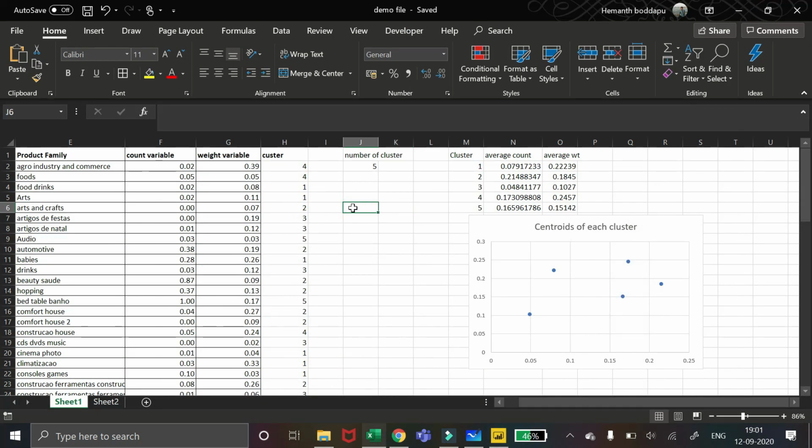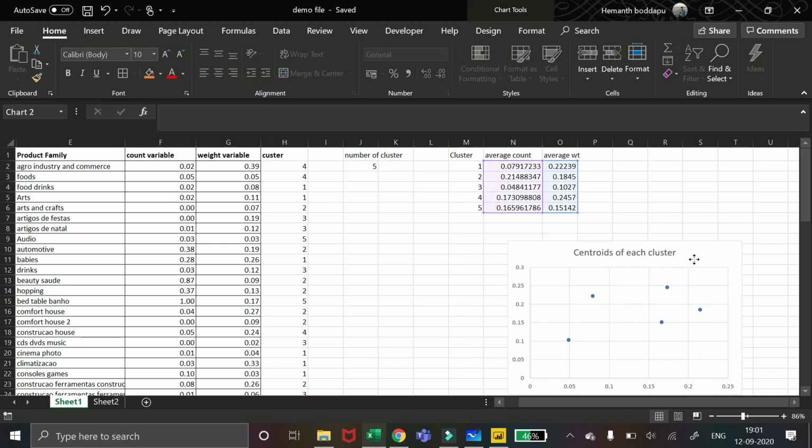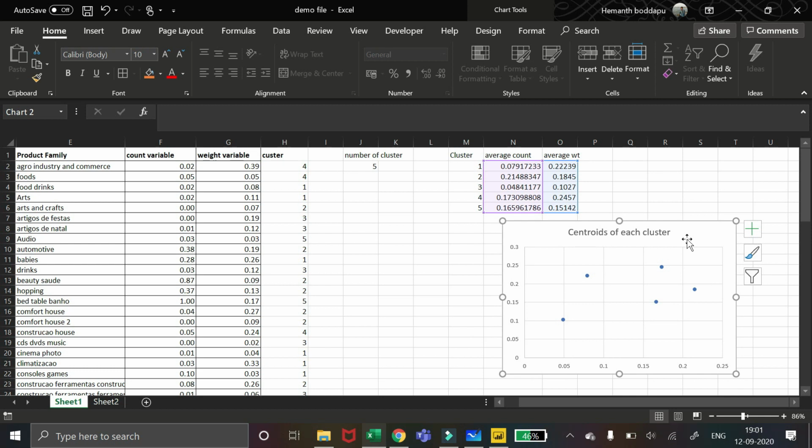So now what we need to do is simple. You just select a particular product family and choose the best cluster among the available clusters. The way you do it is, you take one product family and find the distance from each of these clusters 1, 2, 3, 4, 5 and see which is the nearest, so that you can place it in that cluster. The logic is as simple as that.